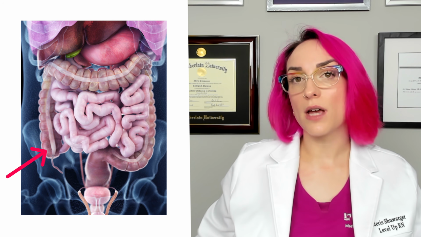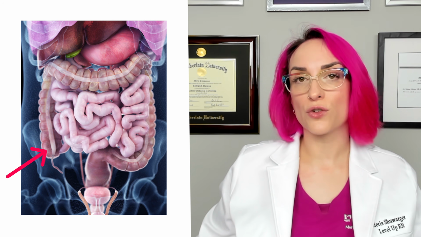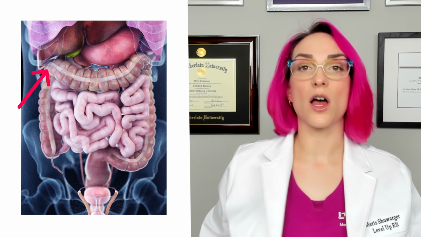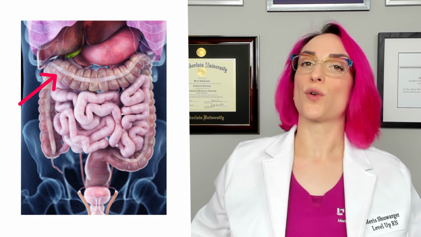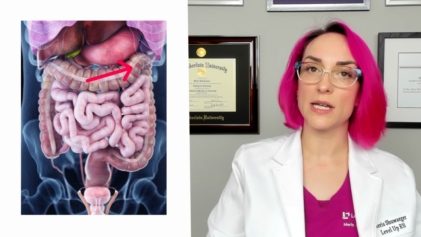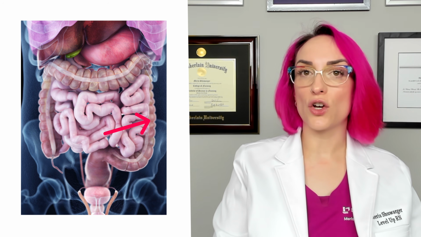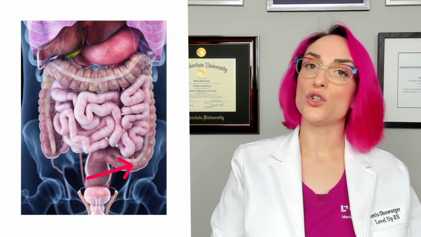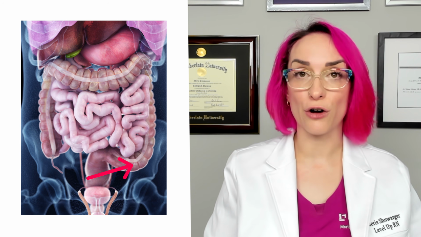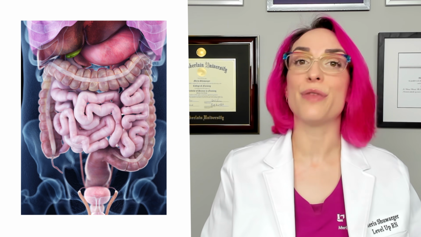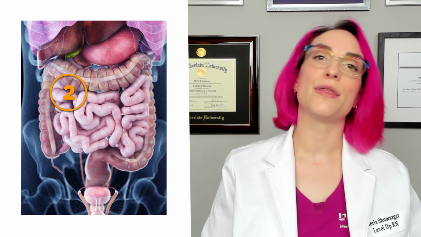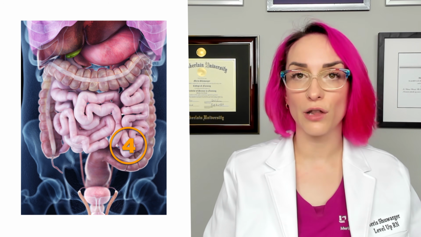It starts at the right lower quadrant. Then I have the ascending colon that moves up to the right upper quadrant. Then I have the transverse colon that moves across over to the left upper quadrant. And then I have the descending colon, which would move me down to the left lower quadrant, plus the sigmoid colon can be auscultated in that area too. So similarly, that's how I want to listen. I'm going to start with the right lower, then right upper, then left upper, and finally left lower.